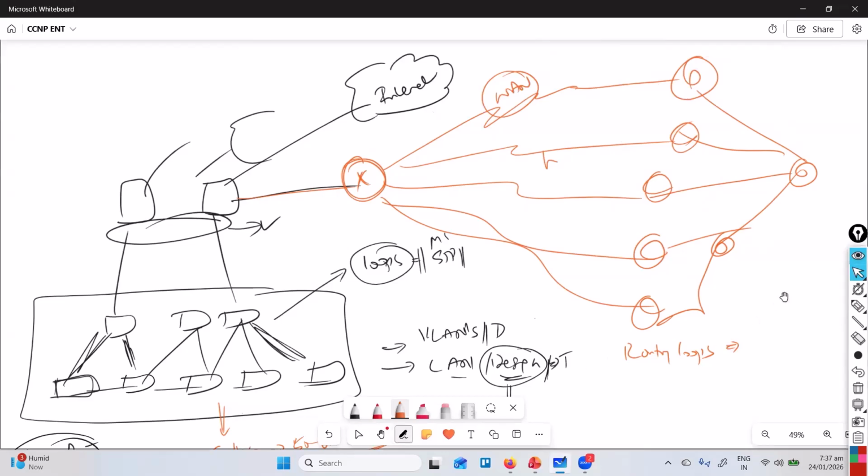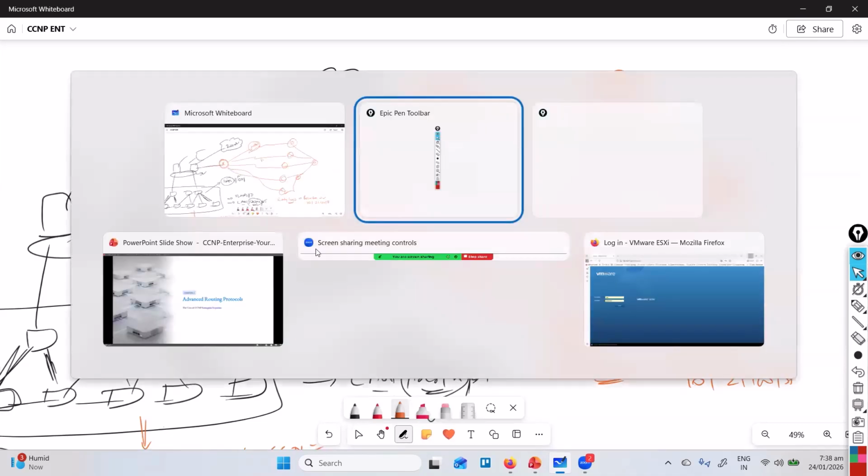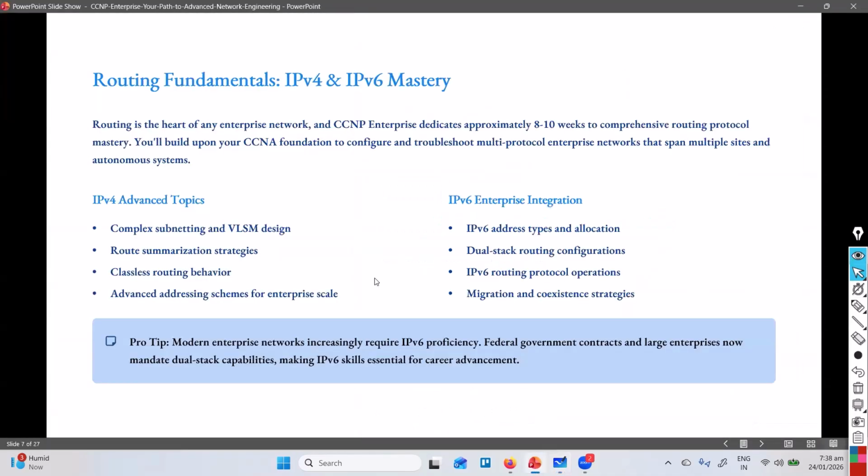So it's not just about the LAN. Most organizations have branches in different locations, and some organizations will have 10 branch offices, 2, or some have 100. Or if you're working for a service provider, you have hundreds of sites connected. You are controlling multiple WAN networks. So you just don't implement simple routing, you actually deep dive into the routing here. Now, in that, you will be learning more on